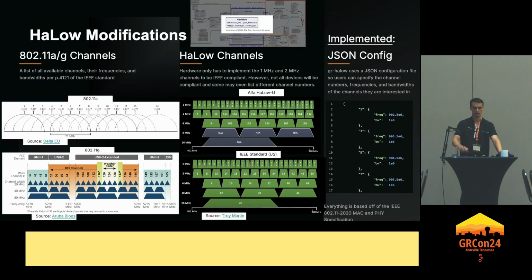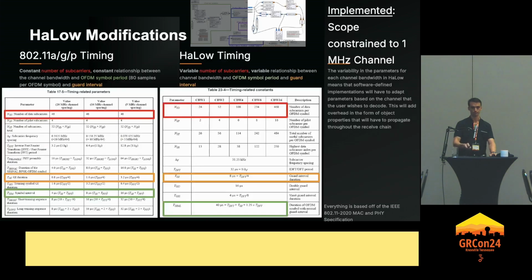So I just implemented a JSON configuration file where, based off of whichever channel format you're used to seeing, you could pair that with the frequency and the bandwidth of the channel that you're expecting, feed that into the scanner, and it would parse that configuration file in order to tell the radio which channels to look at for HaLow activity. This is a fairly straightforward change, but a necessary one.